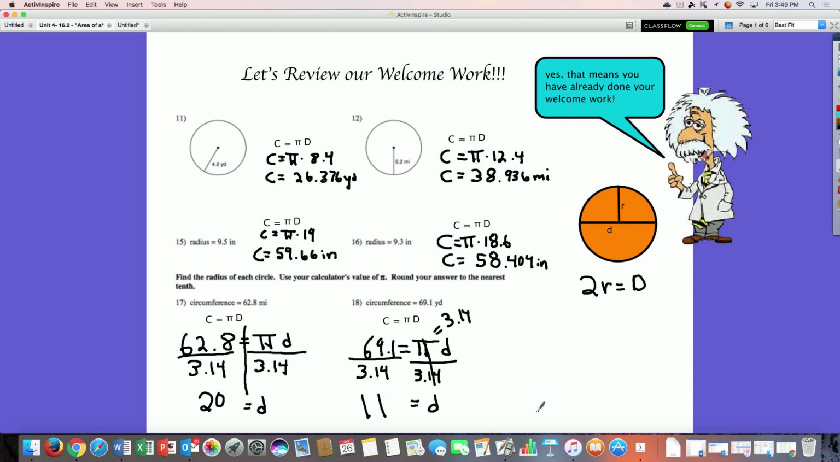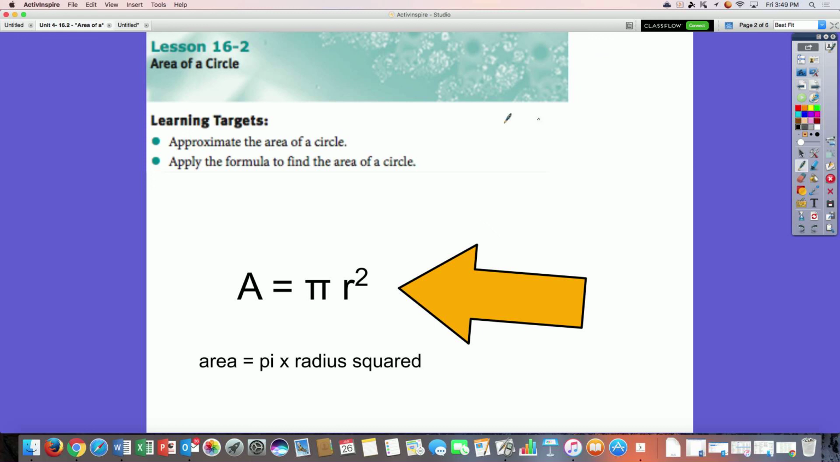I hope you enjoyed the welcome work. I know it's awesome. Let's flip the page. I would take out your book, although the notes on here will be separate. I would take it maybe on a piece of paper, but you can follow along in our book. We're starting in lesson